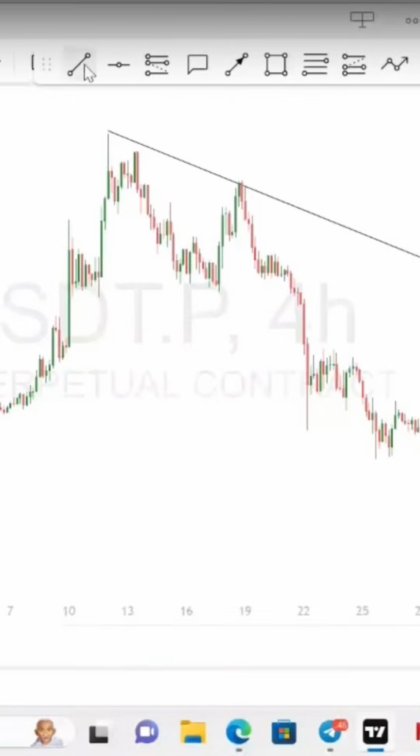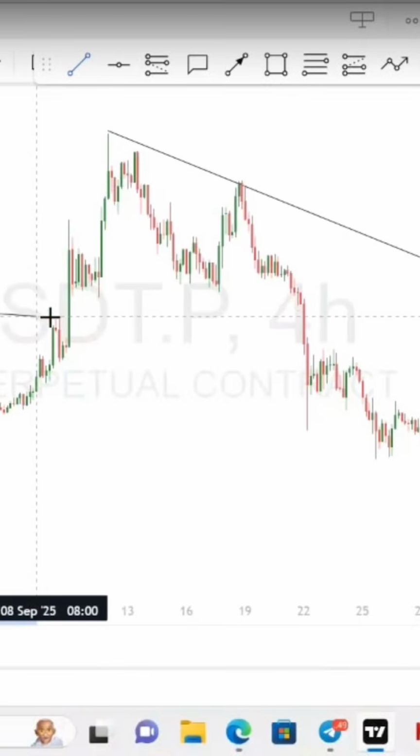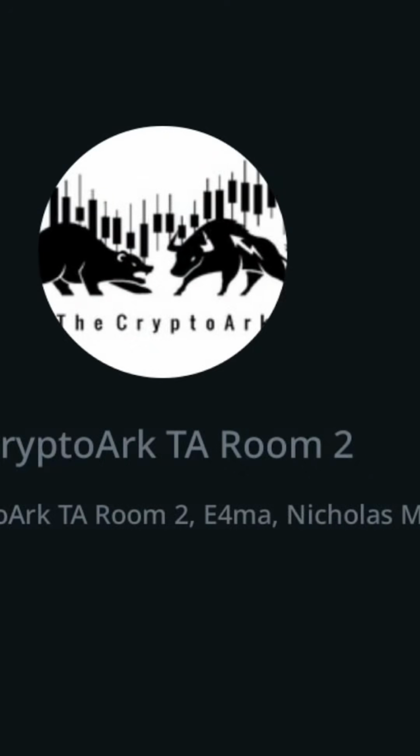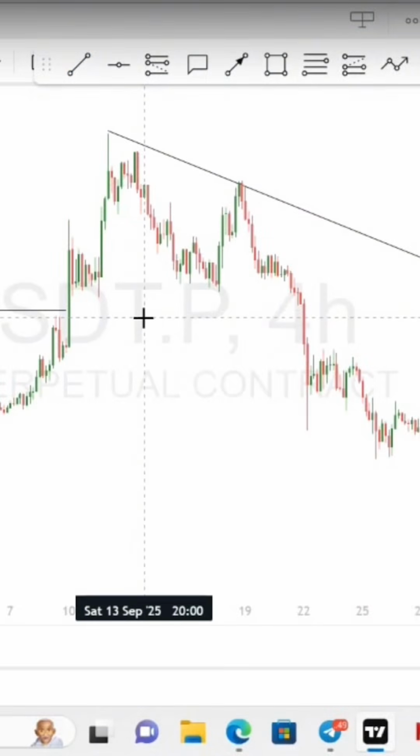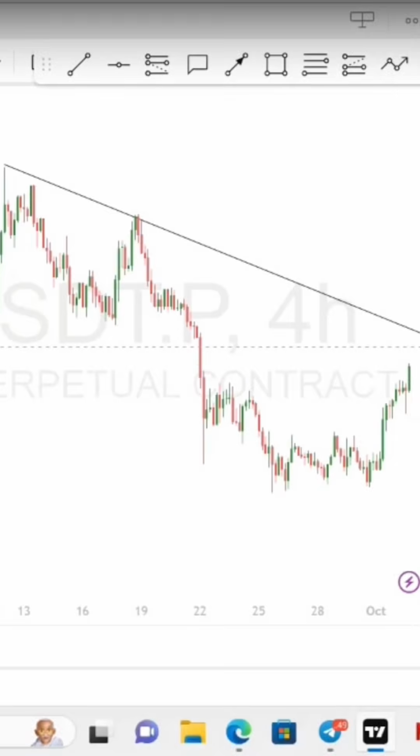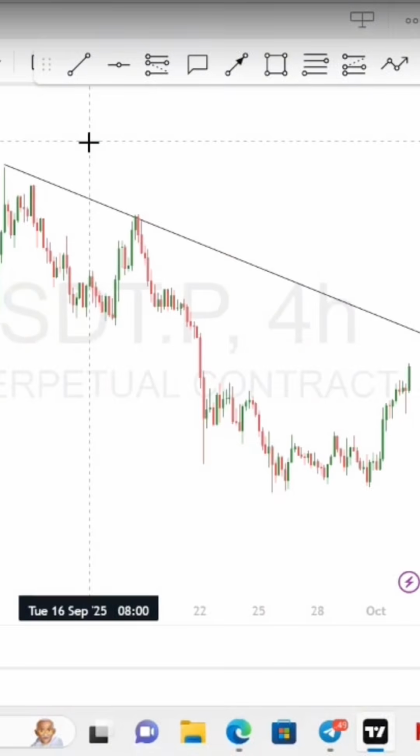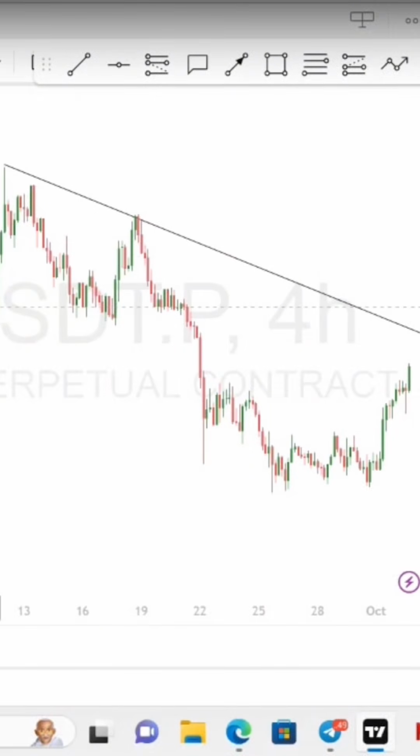So now we have our break of structure right here. We have a break of structure right here, and then this is our high. This is our first high. The market retraced, it broke this, our previous high, so that gave us a break of structure. So now our next